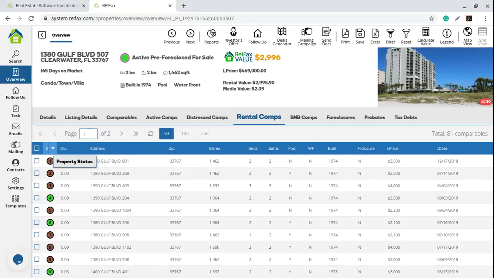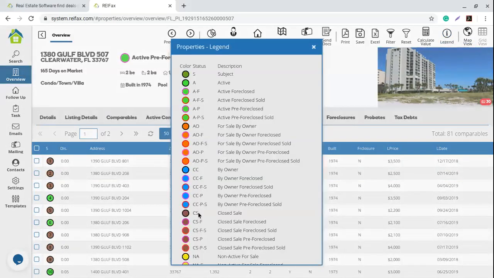If you want to review this status or know the meaning of the legend icon, the system will let you know the meaning of any of these status, okay? So if a property is green, it's because the property is active for sale with an agent, okay? So it is listed. If the property